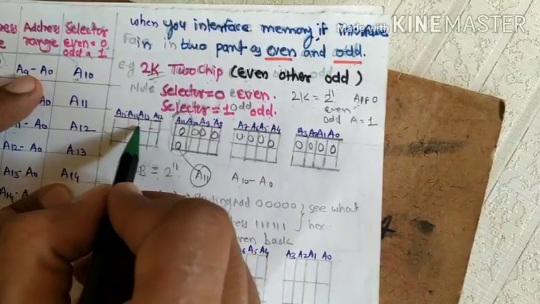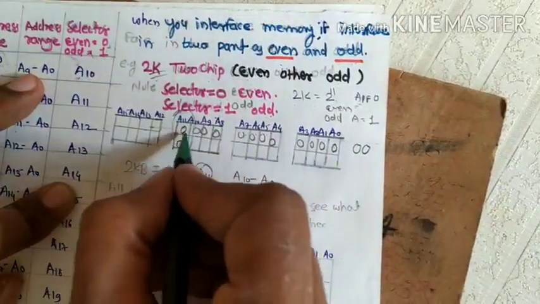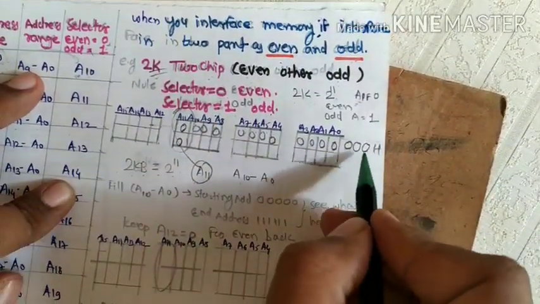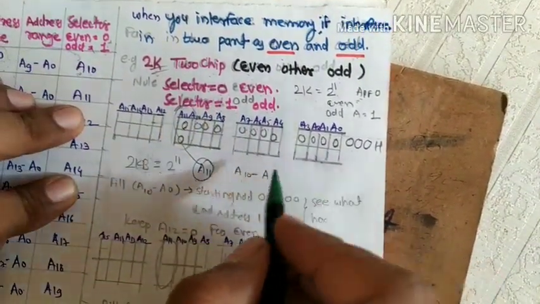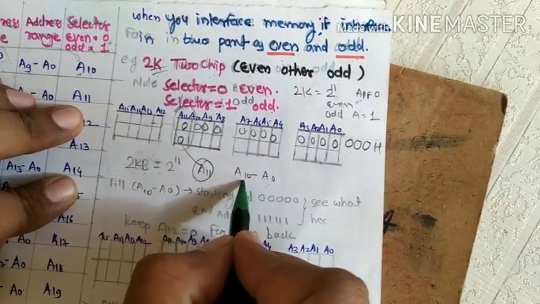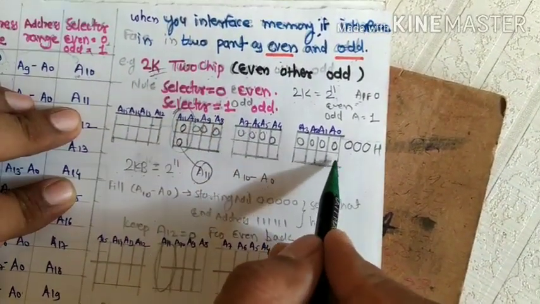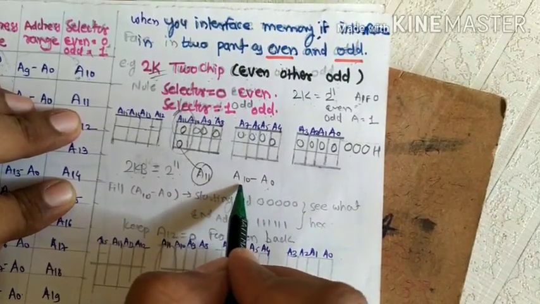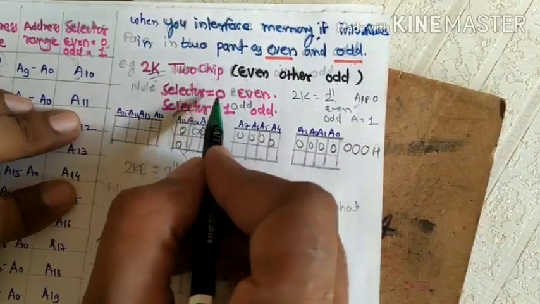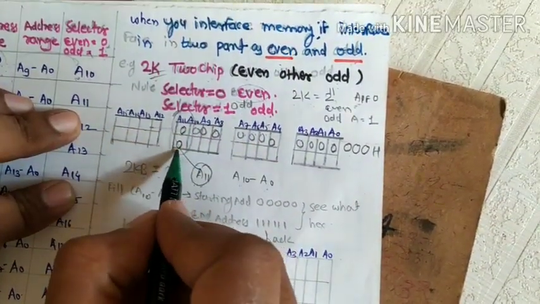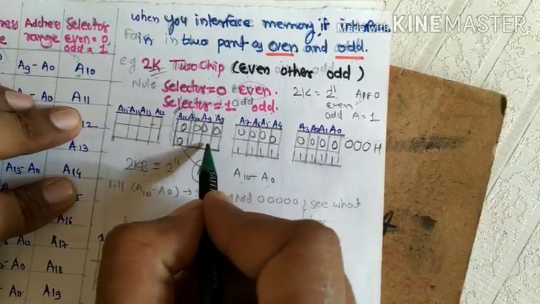We are not using these address lines. So this nibble is equal to 0, this nibble is equal to 0, and this nibble is equal to 0. So our address is 000H. For the ending address of the even memory bank, put all ones from A0 to A10. I repeat, for the end address of the even bank, put the whole addressing range from A0 to A10 as 1. Skip A11. Why? Because A11 we set as 0 since we are designing the even memory bank. So A11 is already 0. Just put all ones.